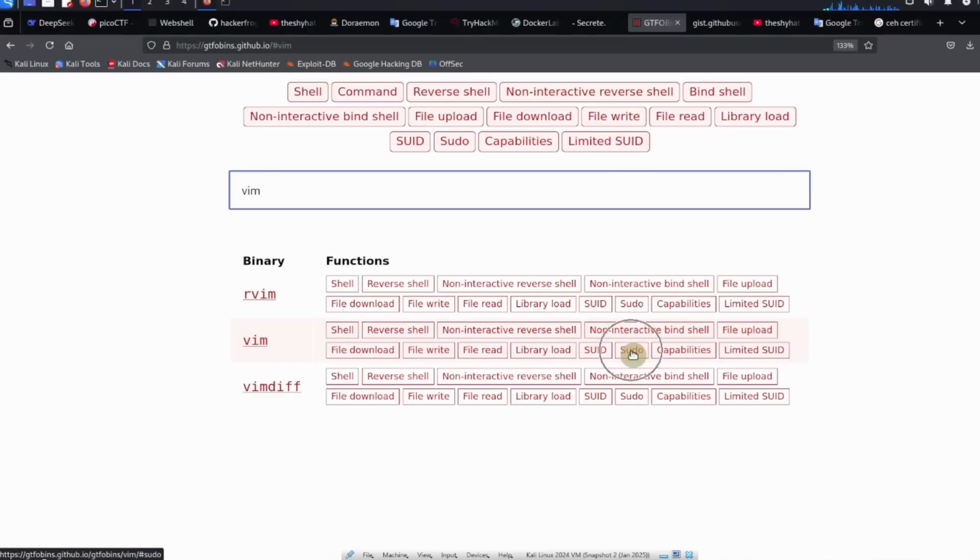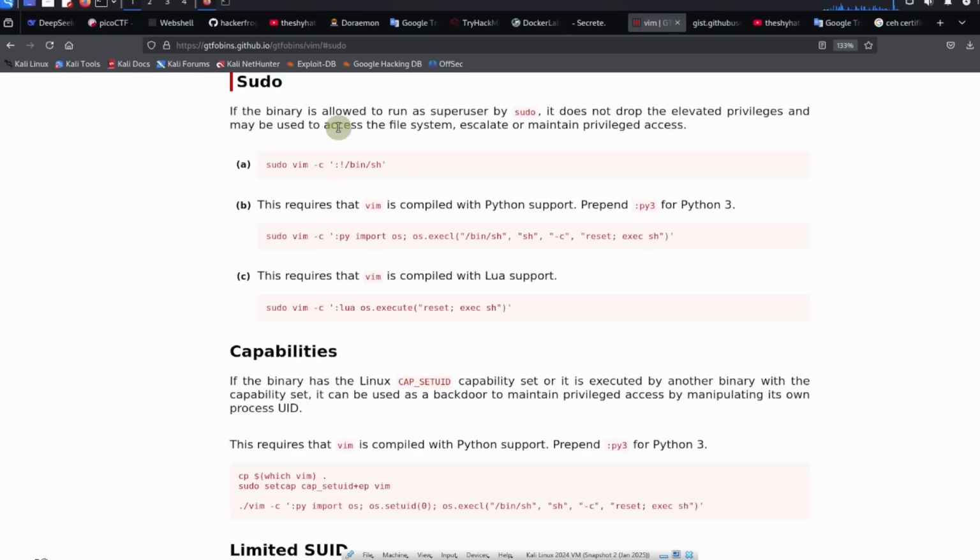So we can look up the one for sudo, which we have. We have the sudo capability for it. And it says here that if the binary is allowed to run as superuser by sudo, it does not drop elevated privileges and may be used to access the file system, escalate, or maintain privileged access. So basically, all we need to do is run this command right here, which is going to have Vim run the command /bin/sh. So bin sh is a shell command. So if we can get Vim to run the bin sh command and it's running as sudo, then it's going to open up a root shell, because when you run as sudo, you're running as the root user. So let's go ahead and copy this command over here